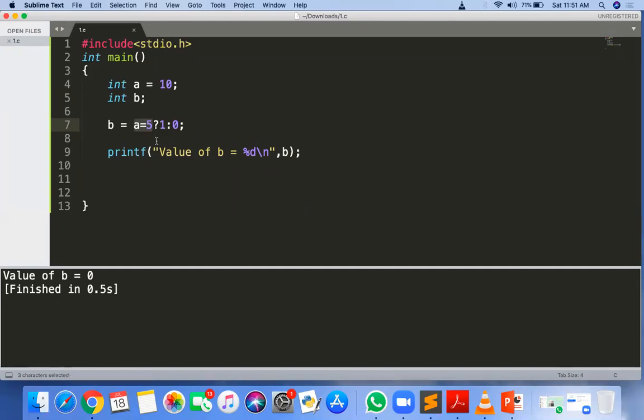The result is 5. Not a equal to 5 means 5 is assigned to a, and the whole result is 5. 5 is a non-zero value. Non-zero value is true. True means which expression gets executed? 1 gets executed. So 1 is the whole result. Sir, I didn't understand. 1 gets printed here. Got it?